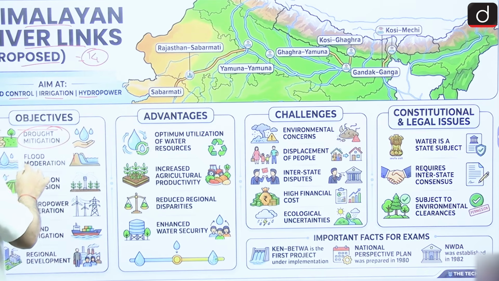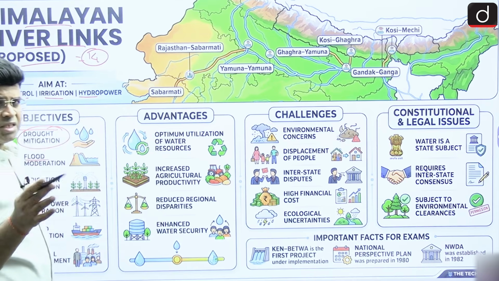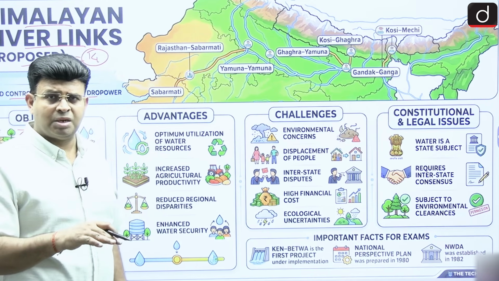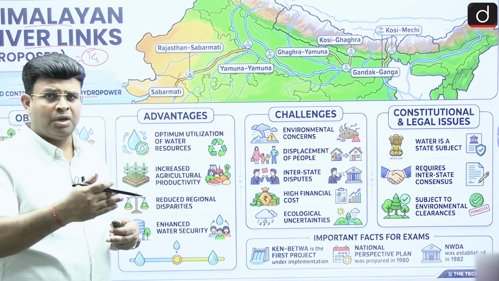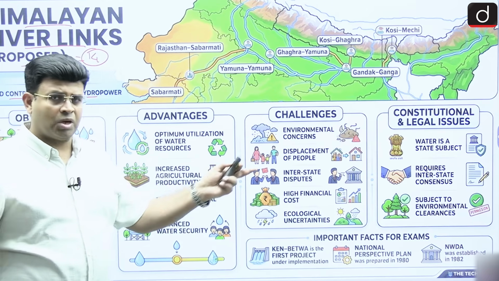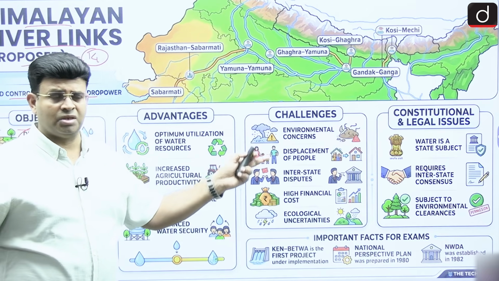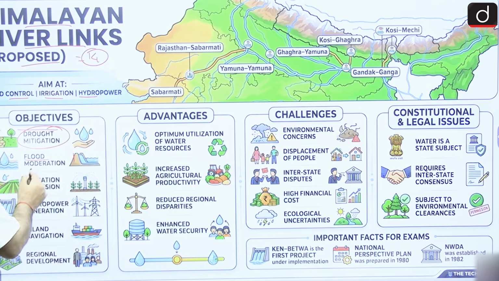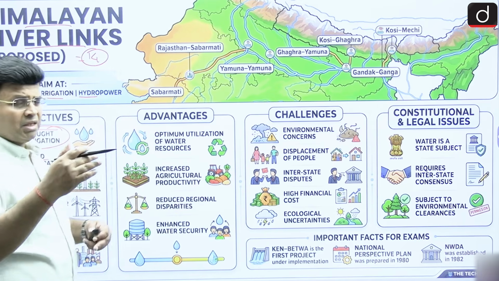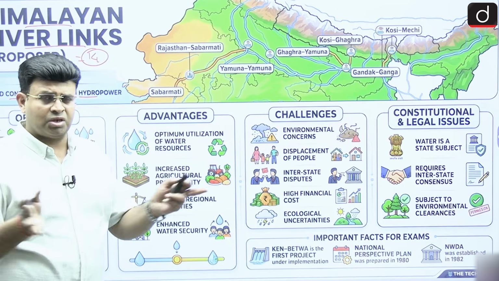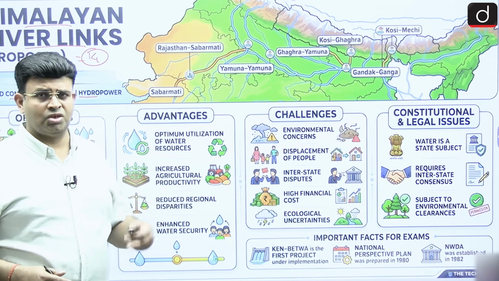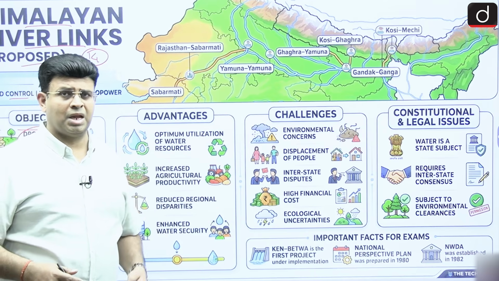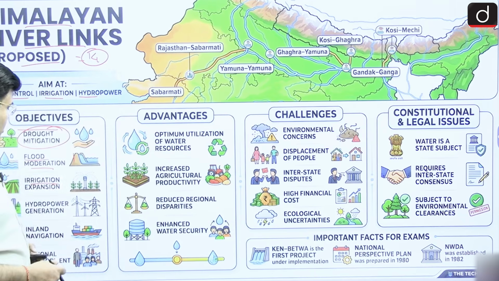If a particular river has more water, that can cause floods also. So with the help of a dam, we can control the flood, and water is channelized into the nearby region. For irrigation, the water from the dam formed on that river goes through the river linkages to irrigation, agriculture practices, drinking water supply, and good vegetational growth, and hydropower generation will also be there.